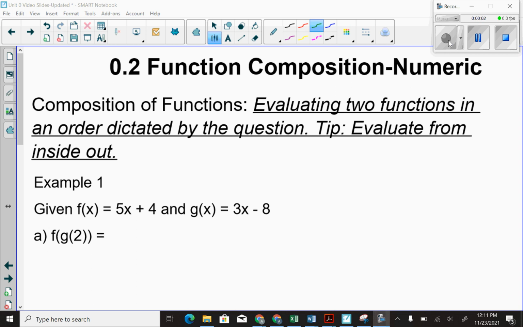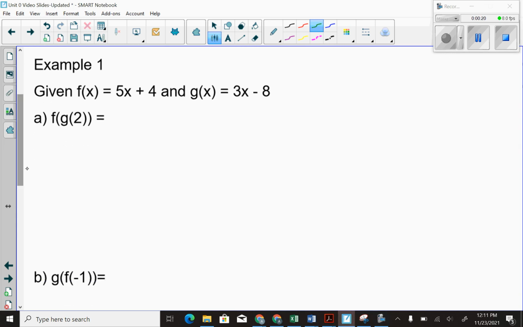In 0.2, we're looking at function composition numerically. So composition of functions is when you're evaluating two functions in an order dictated by the question. So a tip is you want to evaluate from the inside out. So for this, you'll be given problems like example 1, and you'll be asked to evaluate f of g of